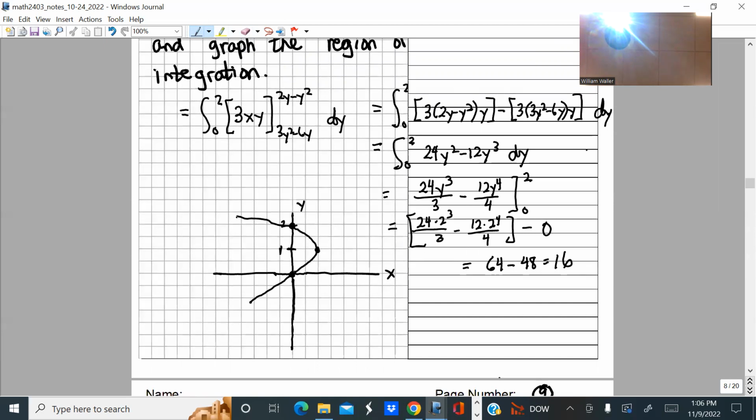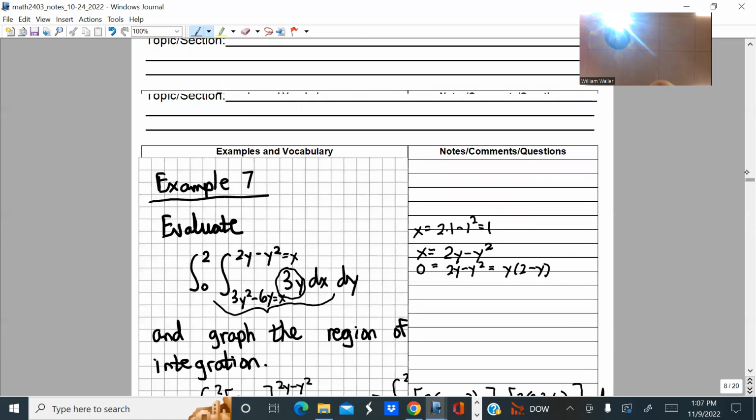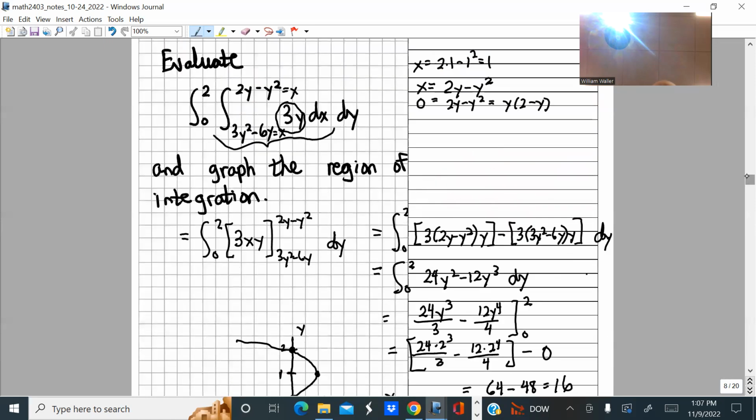What about the other one then? What about that lower bound? So can we find its intercepts as well? Are they going to be the same? Be nice if they were. So let's set 0 equal to 3y squared minus 6y. So 0 is equal to 3y times y minus 2. Yep. So same